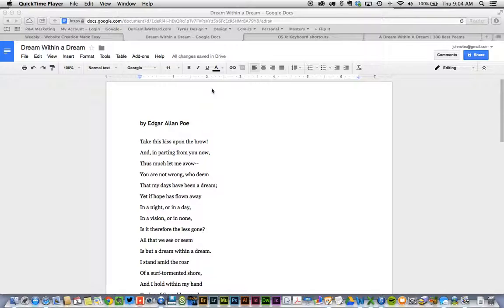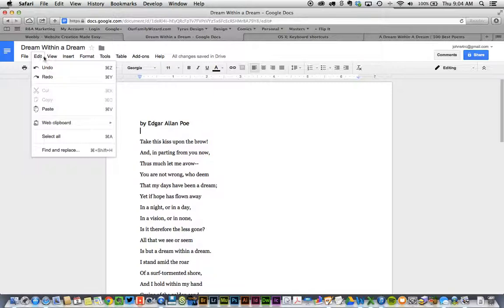Now, this is a great feature to use in case you're editing a whole entire term paper. You're going to be doing this all the time in documents. You can be changing paragraphs, sentences, whatever you need to do. You will find yourself using cut, copy, or paste a lot. So instead of having to keep going up here to edit to cut, copy, and paste, we're going to